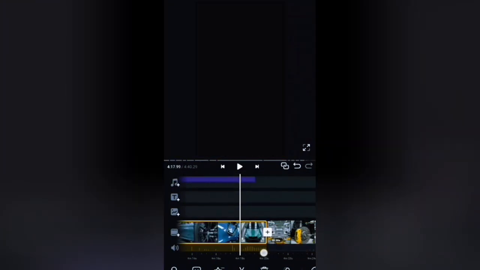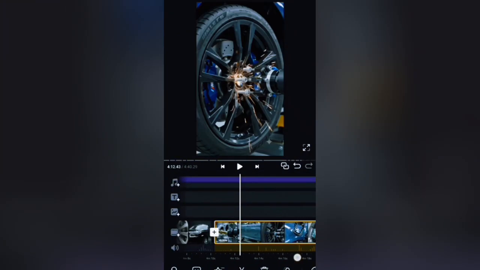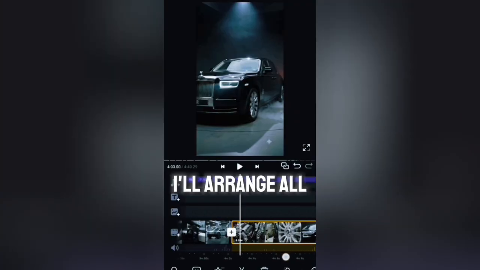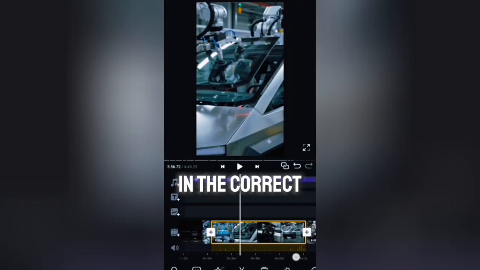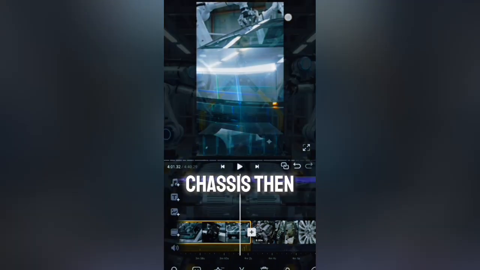Part 7. Editing. Now it's time for editing. I'll arrange all the generated clips on the timeline in the correct sequence. First, the chassis, then